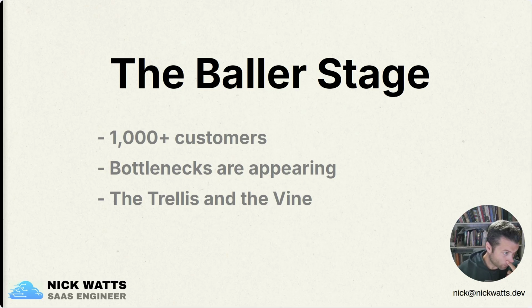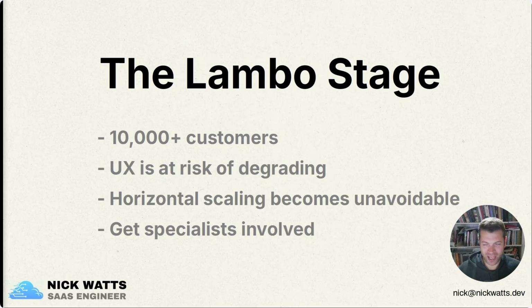That's baller. Now, at this point, you might eventually, I hope you do, reach what I'll call the Lambo stage. You've probably got somewhere in the neighborhood of 10,000 customers or more. That's the level you've got to be at to really have these kind of Lambo problems. The monolithic architecture is starting to really show a ceiling. The user experience is at risk of degrading. People are going to start churning because there are problems that occur in the system because there are just too